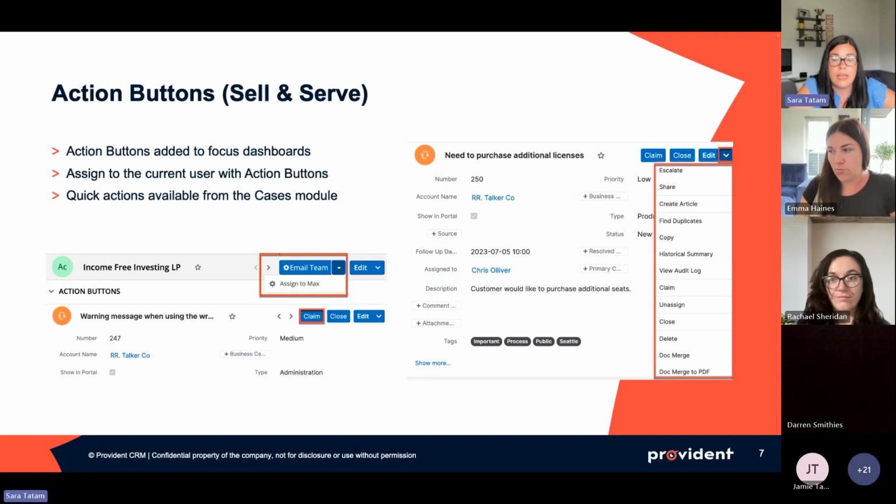And then we have the quick actions available from the cases module. On the cases module, you're going to see what I just mentioned, the claim button. You're going to see the close button here, which will simply quickly close a case when the button is clicked. And then we've got the unassign option as well, which is just over here on the right hand side in the menu. This will basically remove the assigned user from a case,